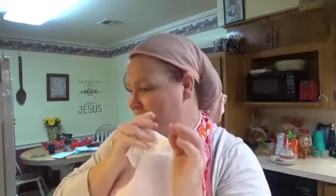I got to go and love on my grandbaby. Bless her heart, y'all. She got her shots Tuesday, and she's not running a fever or anything. She can't sleep good. She's just sore. So, bless her heart, her mama needs a break. She wanted to know if I could come yesterday, just long enough for her to get a shower and get herself feeling like a human. And I was